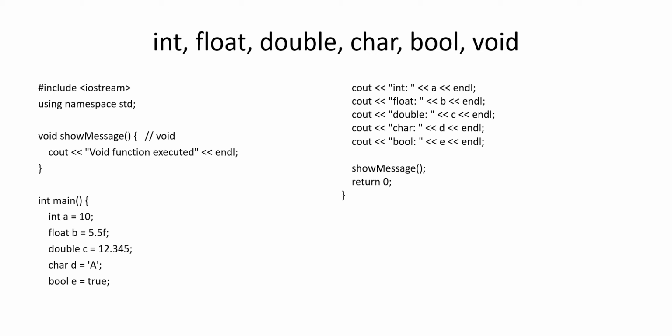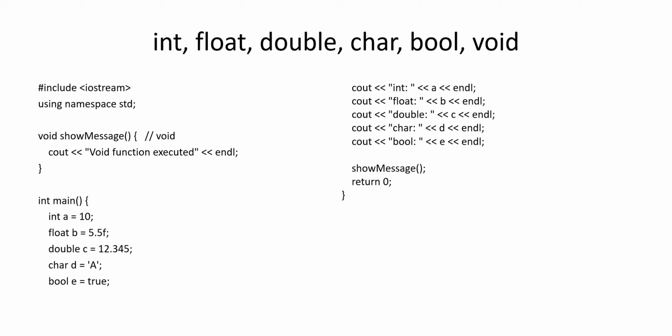This is an example for data types. This example demonstrates basic data types like int, float, double, char, and bool. It also includes a void function which does not return any value. The program prints values of different types and calls the void function, showing how function and variable work together in